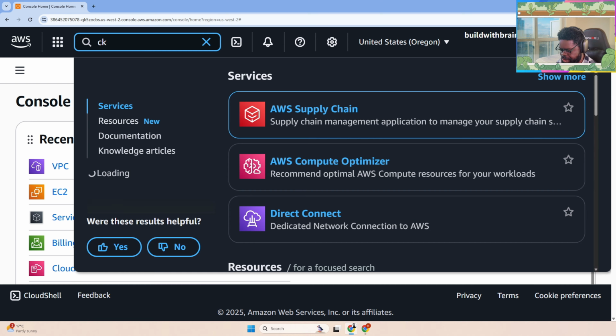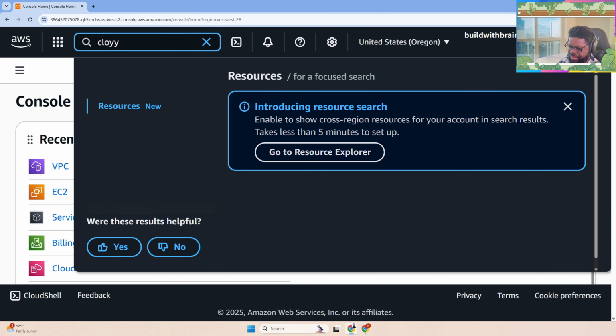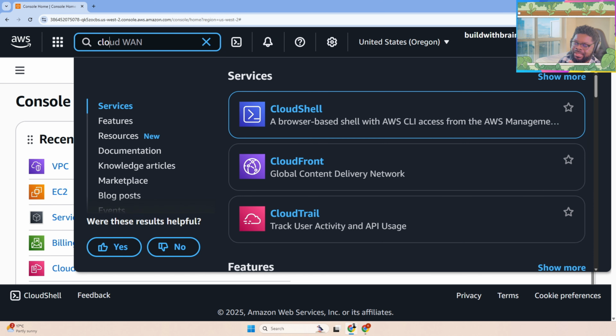So I'm just going to look for CloudFormation. Like I said, CloudFormation is really not new to AWS. CloudFormation is native to AWS, but the concept of having infrastructure as code is not new. It means that every cloud platform probably has their tool that they use in doing it. And also, just so you know, AWS